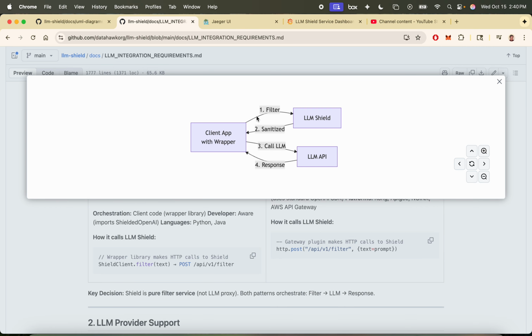Here we are providing some wrappers for the client libraries, LLM client libraries, and then you developer should use that, and which will in turn call LLM Shield first, and once the sanitized data is returned back, that will automatically call the LLM API internally. So this is the first flow, first pattern,